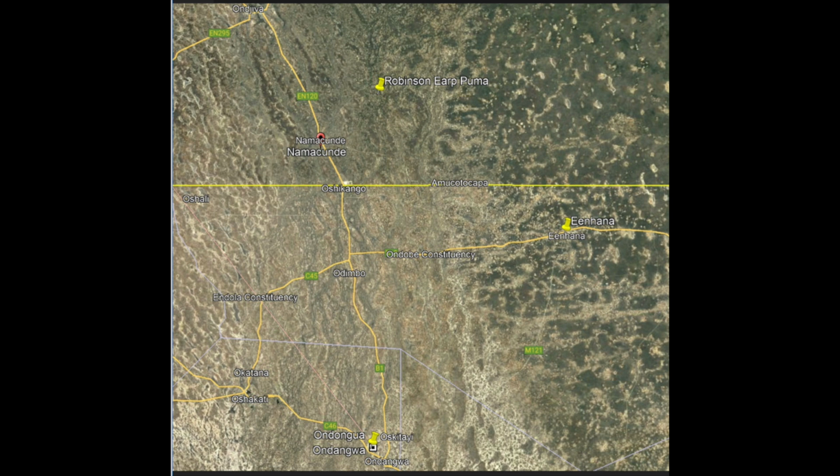There's Onjiva up at the top left. The line in the middle is the border. Yes, it's about 40 kilometers away from Onjiva. I was there in 2018 myself. On Donga, the main base is basically at the bottom. And Otto was about midway, I think you'd be able to elaborate between